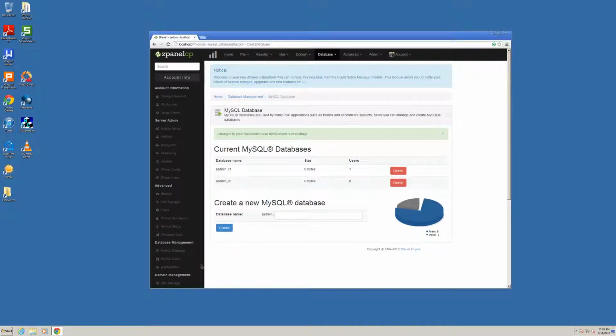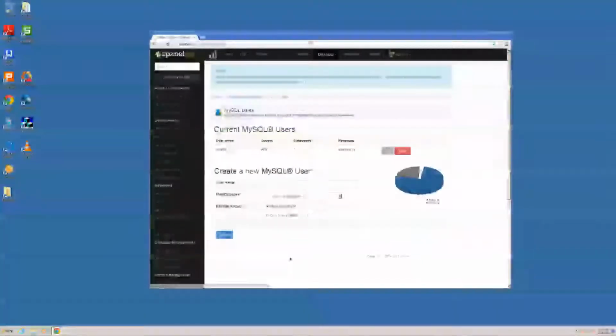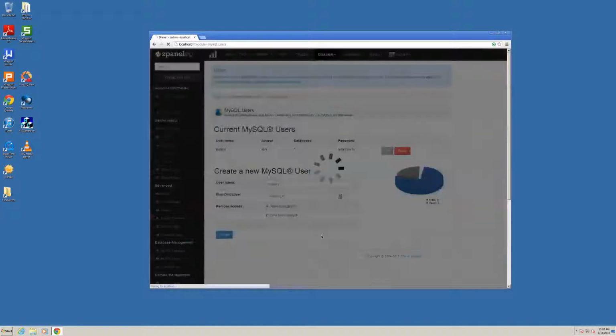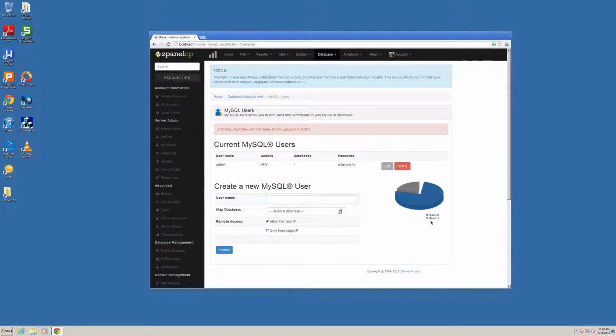Okay, and we'll add a SQL user. We'll select that database, F2, and for security reasons, I would say only from a single IP, but allow from any IP is fine for what I'm doing right here. I have 8 free databases, and I've used 2. Oh, okay, I have to create a new username for that. All right, let's do